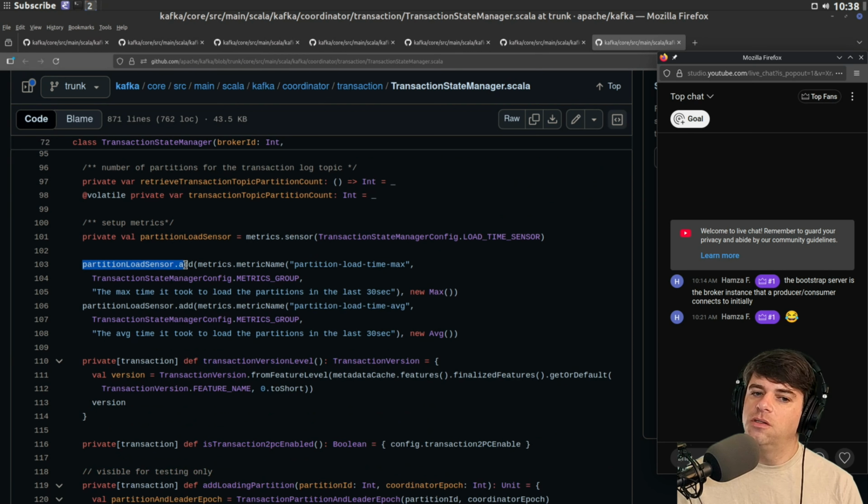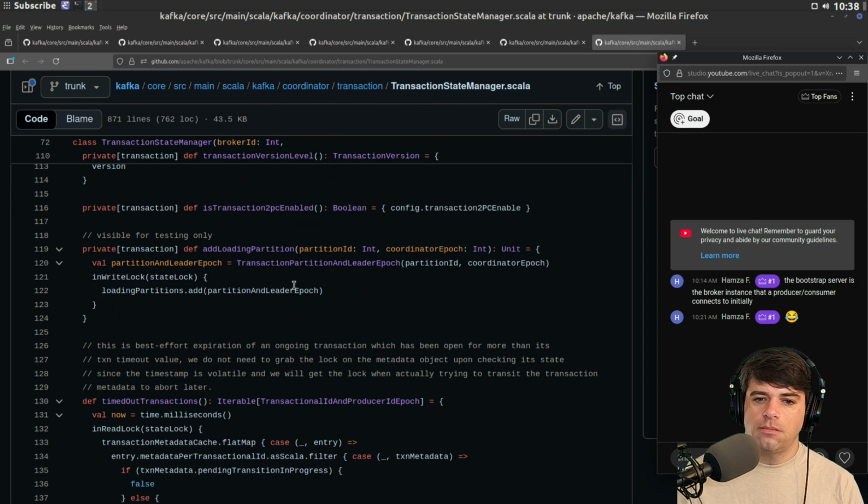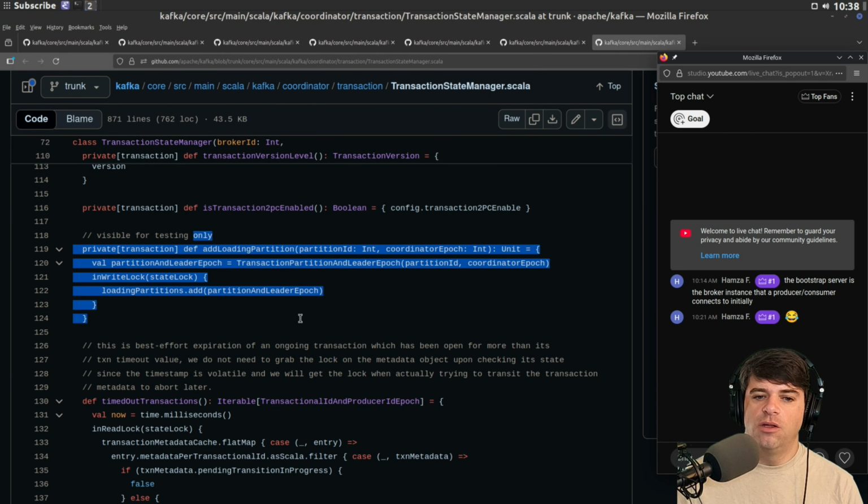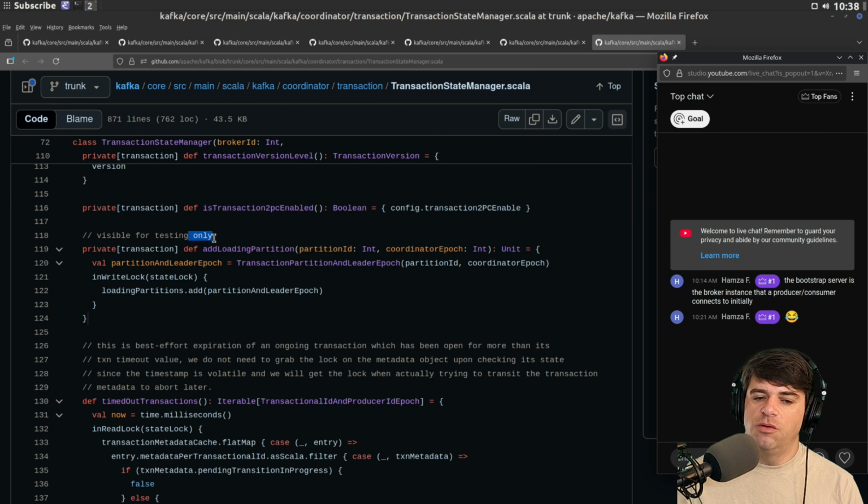Partition load sensor, add metrics. So this is some metric gathering. Transaction version level, add loading partition, which is visible for testing only. Transaction partition and leader epoch, with some locking stuff.